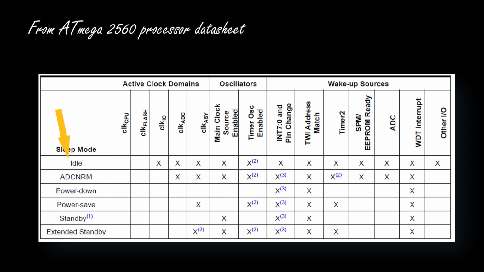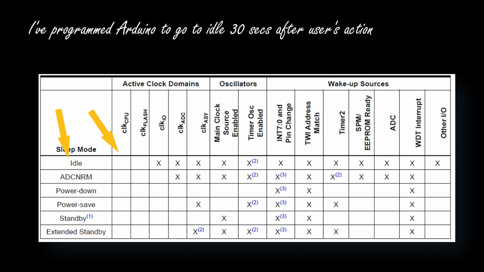When Arduino is in idle mode, the microprocessor is stopped. So in this way we can achieve energy saving. But all the digital output pins' states remain exactly the same as before. This is very useful because every selection the user made previously, I mean before Arduino went to idle mode, is kept, is saved. So I utilized this very useful feature in order to put Arduino in idle mode, standby mode,